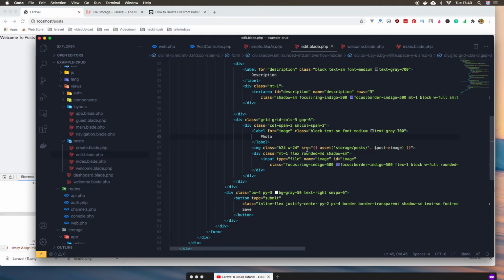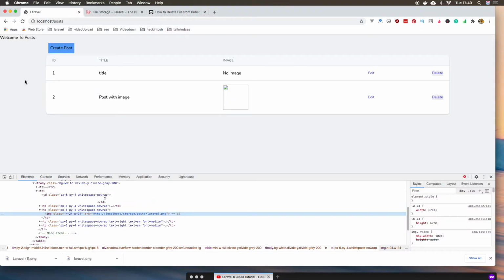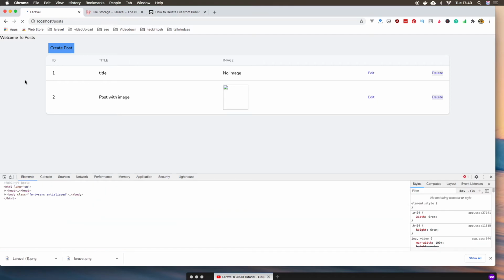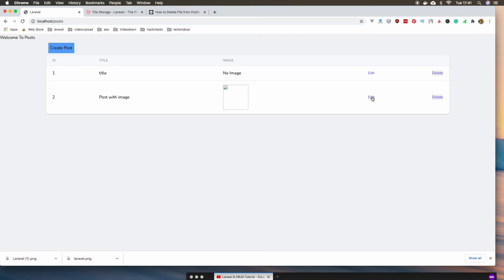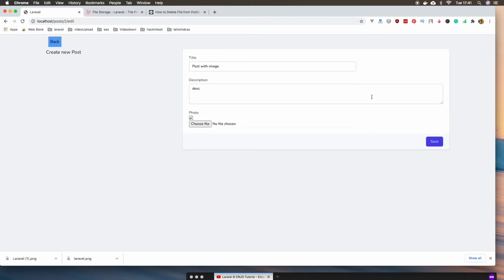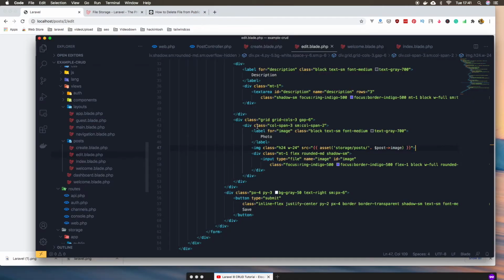I also show the image we have inside the edit blade and put the input with name image. So if I go now to the edit blade, we have this one, and